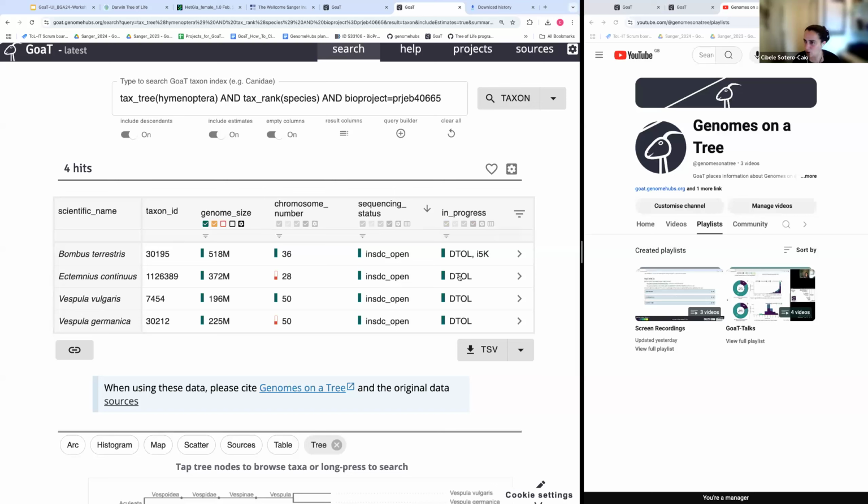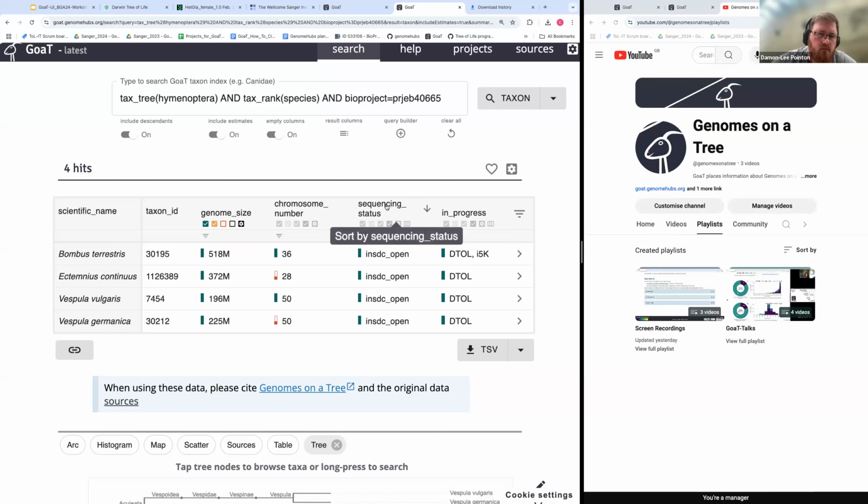And then if DTOL showed once eventually that it was in progress, it's here. It helps us just to control the order of events. So it goes sample collected, acquired, in progress, all the way to INSDC open. So in progress means what projects had or have this species in progress.